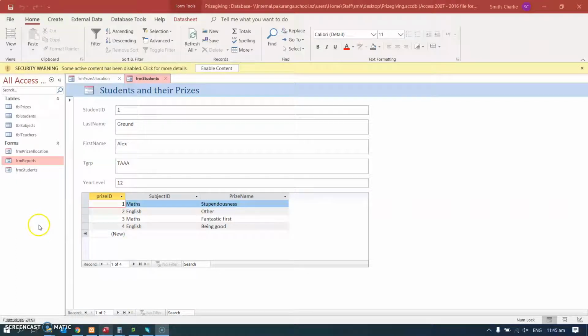Users typically want reports from their database. We're going to do that here. I'm going to do an example and show you what it looks like. This is my students prize giving database. What we're going to do is a report of students who've got prizes, and we're going to group it